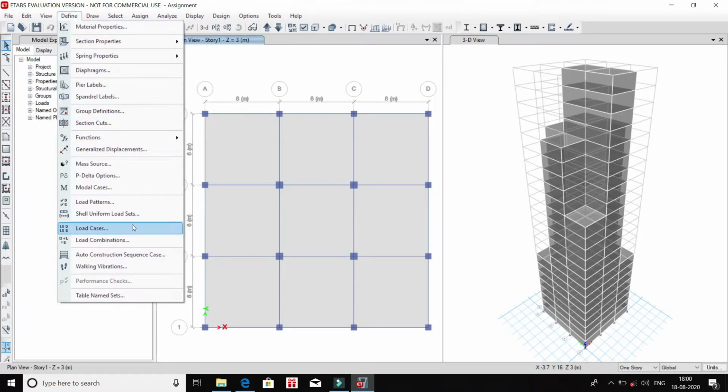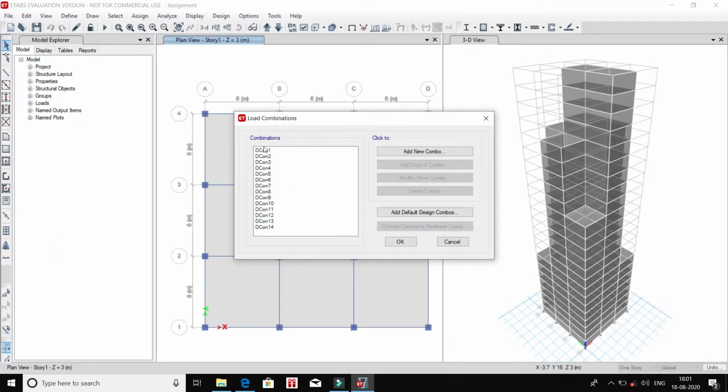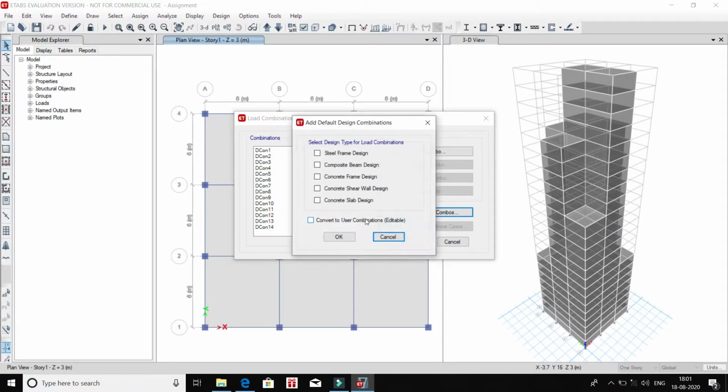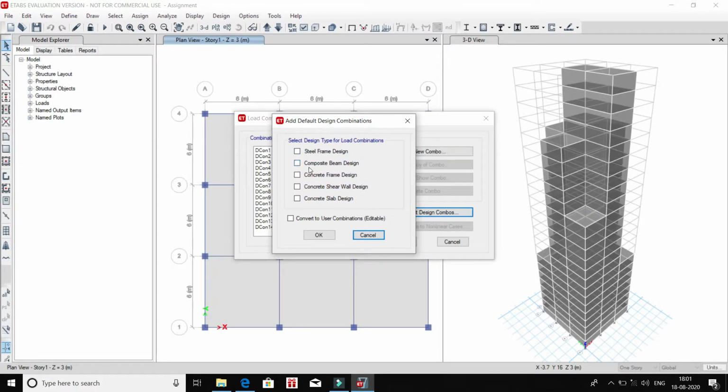Now go to the define menu and then go to load combinations. Here you can see all the load combinations are already present. If not present, then you can add them by clicking on add and then clicking on concrete frame design and then clicking on OK.